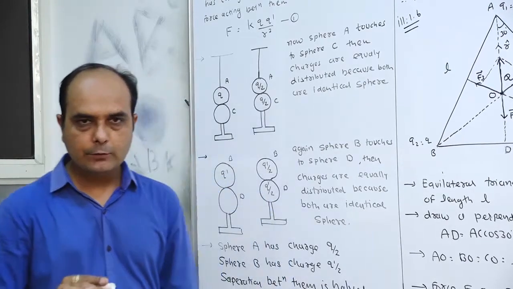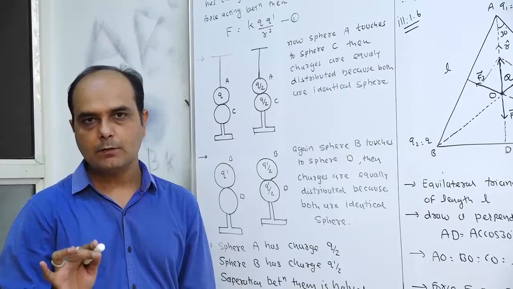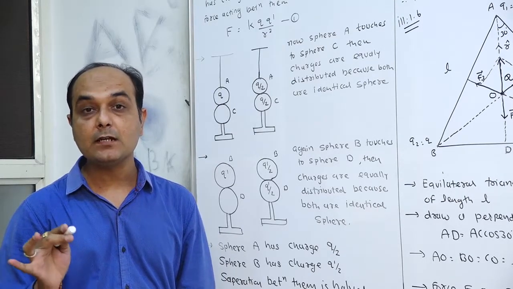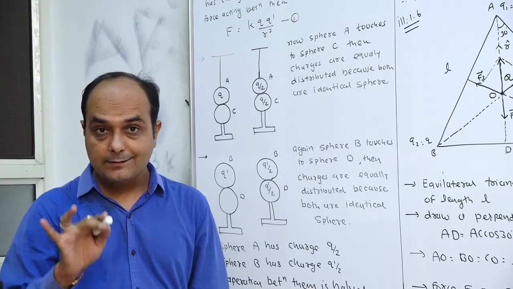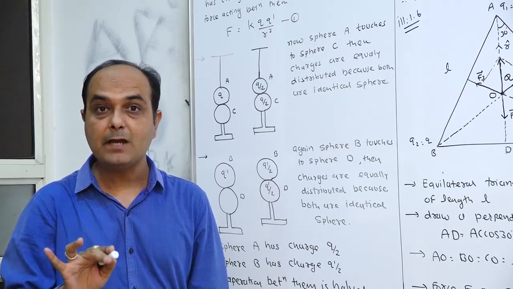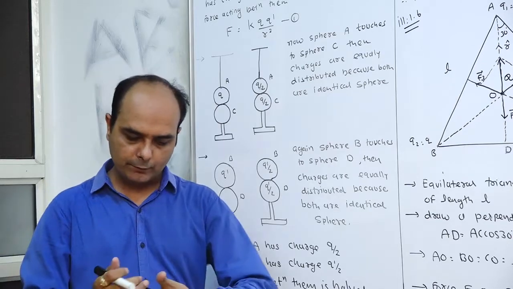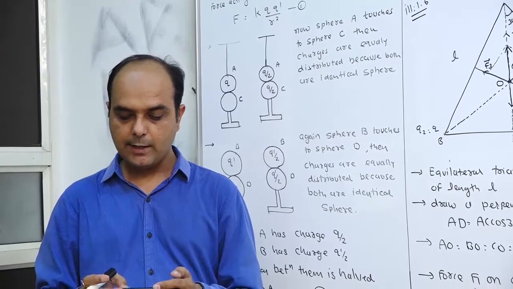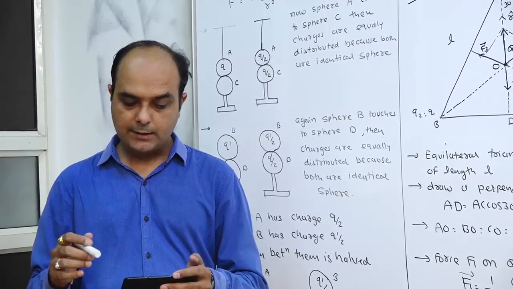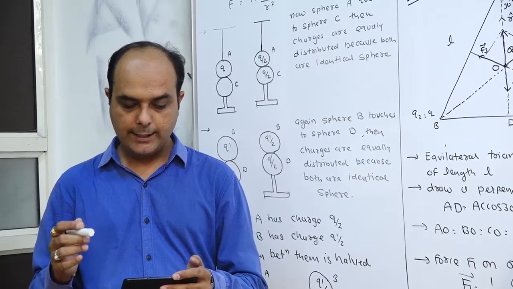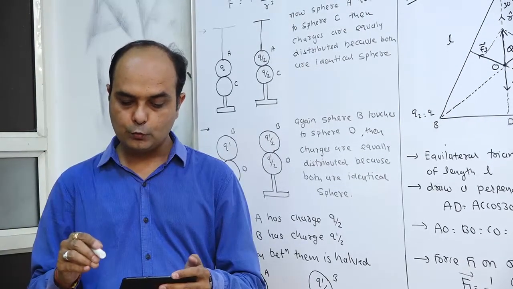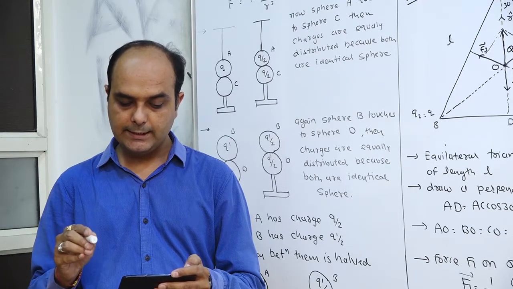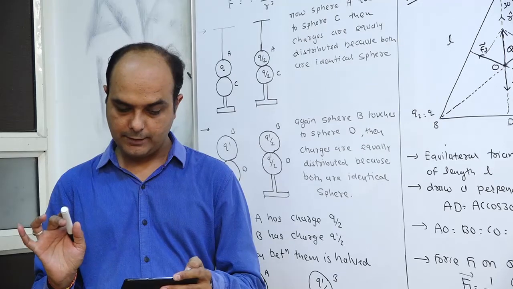Well, student, it is your next illustration, illustration number 1.5, and it is related to charging by physical contact. The question is like this: a charged metallic sphere A is suspended by a nylon thread. Another charged metallic sphere B, held by an insulating handle, is brought close to A such that the distance between their centers is 10 cm, as shown in figure A.